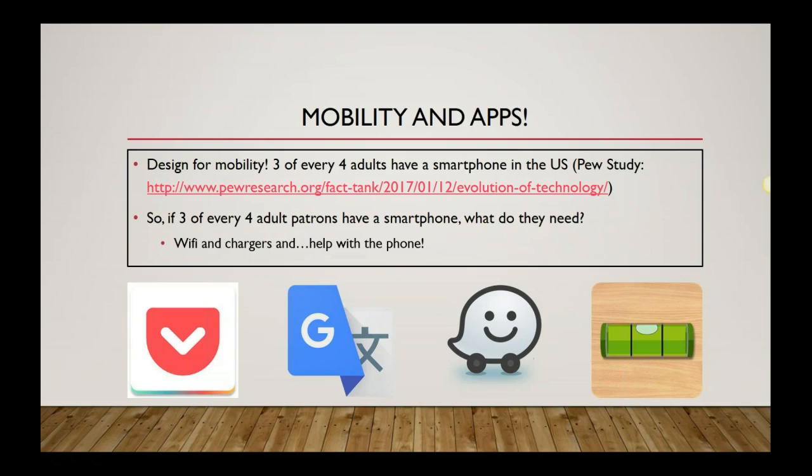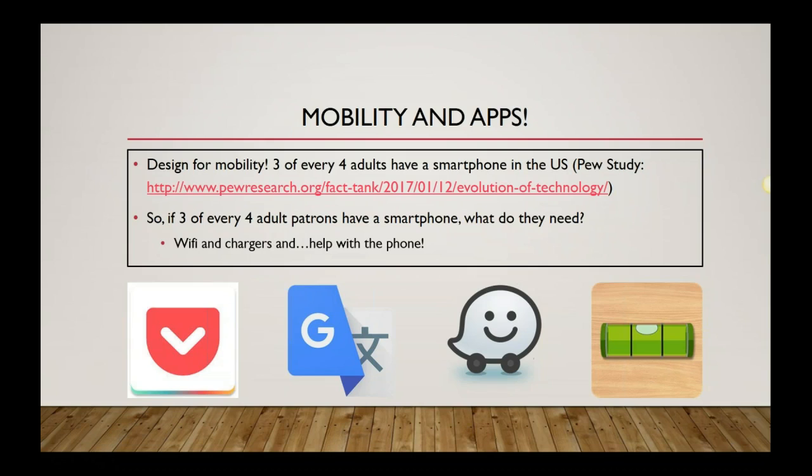This goes back to the vet office that we talked about a little bit earlier. I bet some of you have already had people bring their phones up to you and say, why is it doing this? Why isn't it doing that? All that good stuff. Again, it's just something to decide how much you want to work with the hardware, and how much time you want to have your staff trained on this stuff. But there will be questions, and there will be more questions as technology continues to evolve and change.